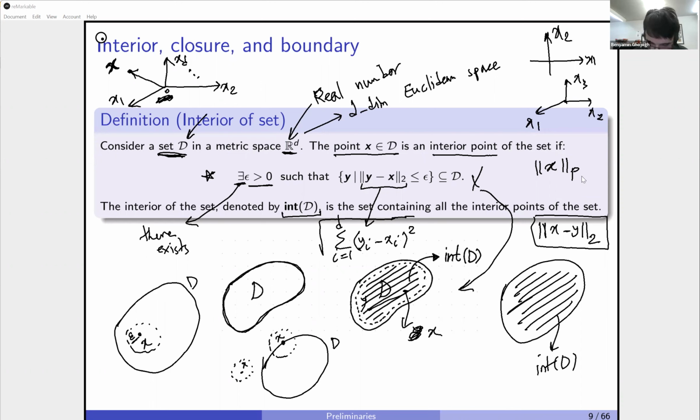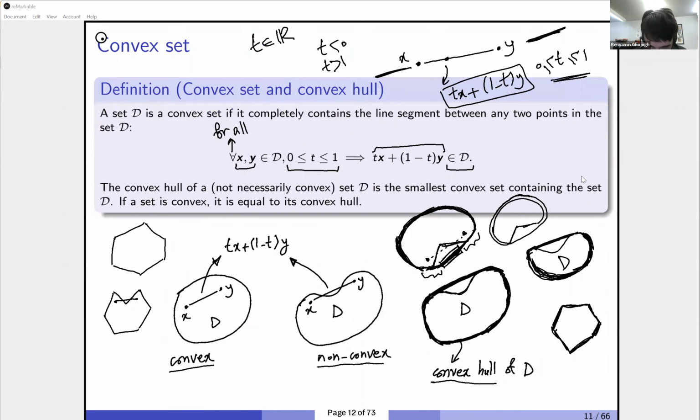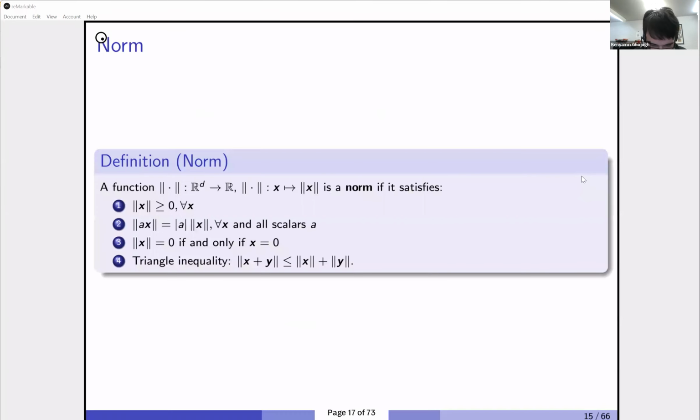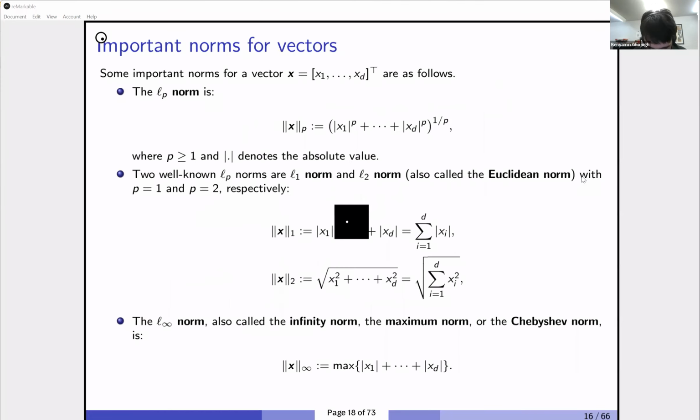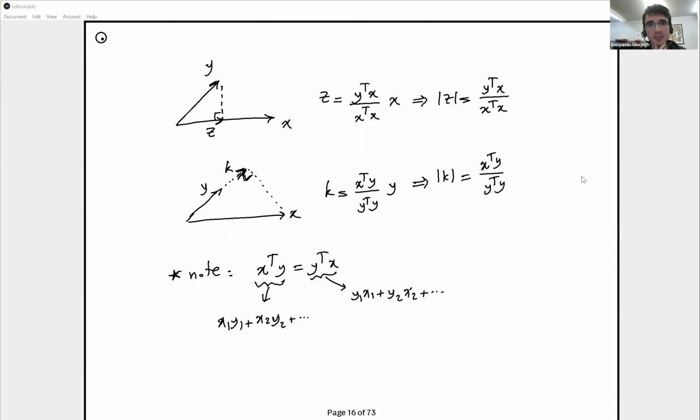Again, if anyone has any question, please let me know. There was one more thing in the last session. If you remember, I said the inner product is the projection, the length of projection. But you should note that when we have